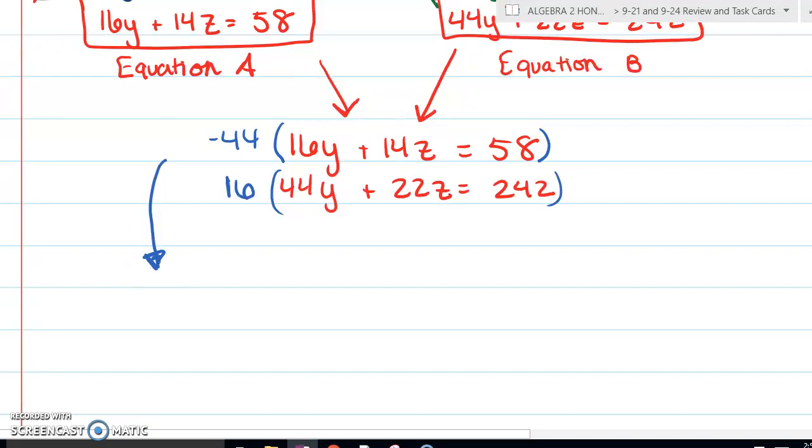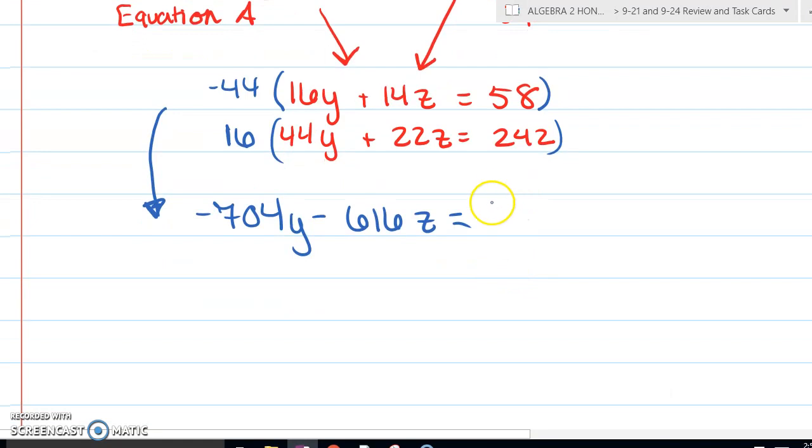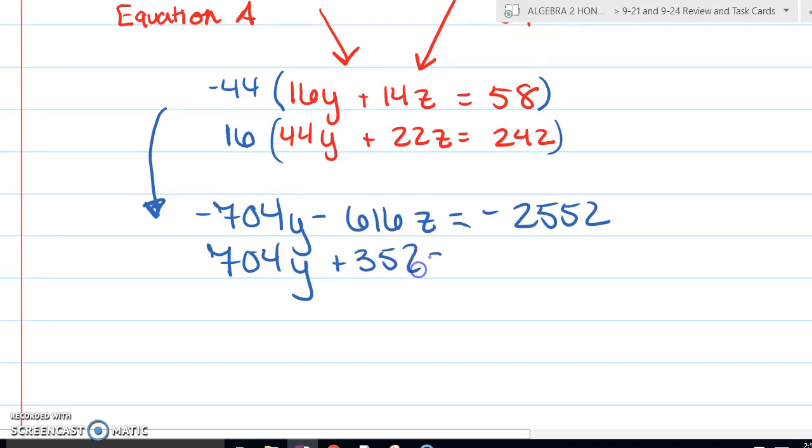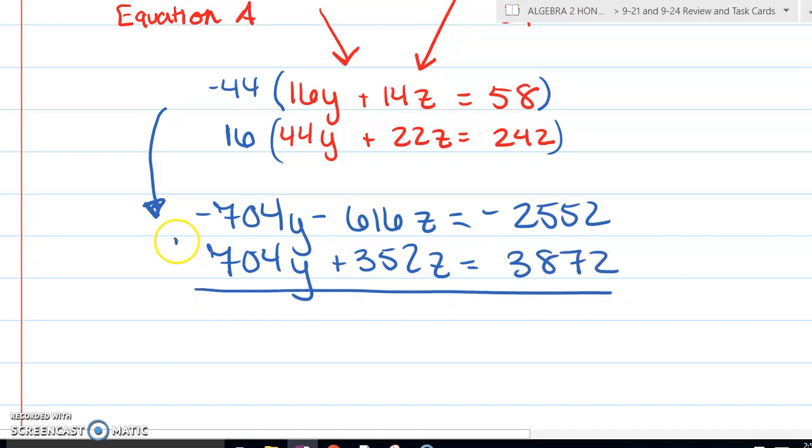So let's do it this way first, and we get negative 704y minus 616z equals negative 22,552. And then on the bottom, positive 704y plus 352z equals 3,872. Okay, and when we add these together, the y's cancel,